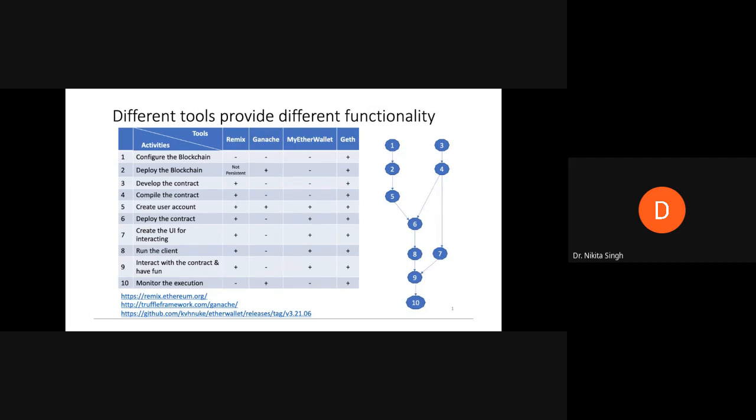What we will do now is simply see how we can use a more advanced application to interact with a smart contract. So here we'll see the steps that you can use to use Ganache and My Ether wallet to interact with a smart contract. To interact with the smart contract, you will need a client application, and the client application that we will be using here is the My Ether wallet. So we will use the My Ether wallet to create a wallet for each such client.